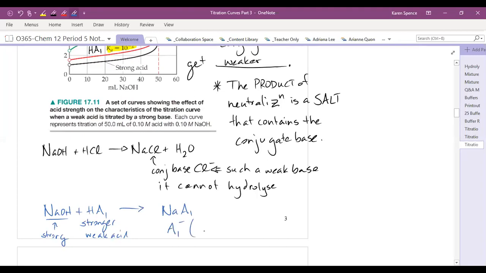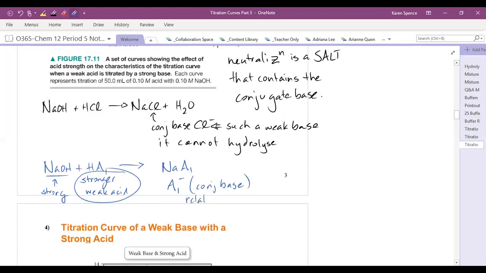That is our conjugate base. And because HA1 was the stronger weak acid, its conjugate base is going to be relatively weak. Okay, and so it is going to produce less OH- than